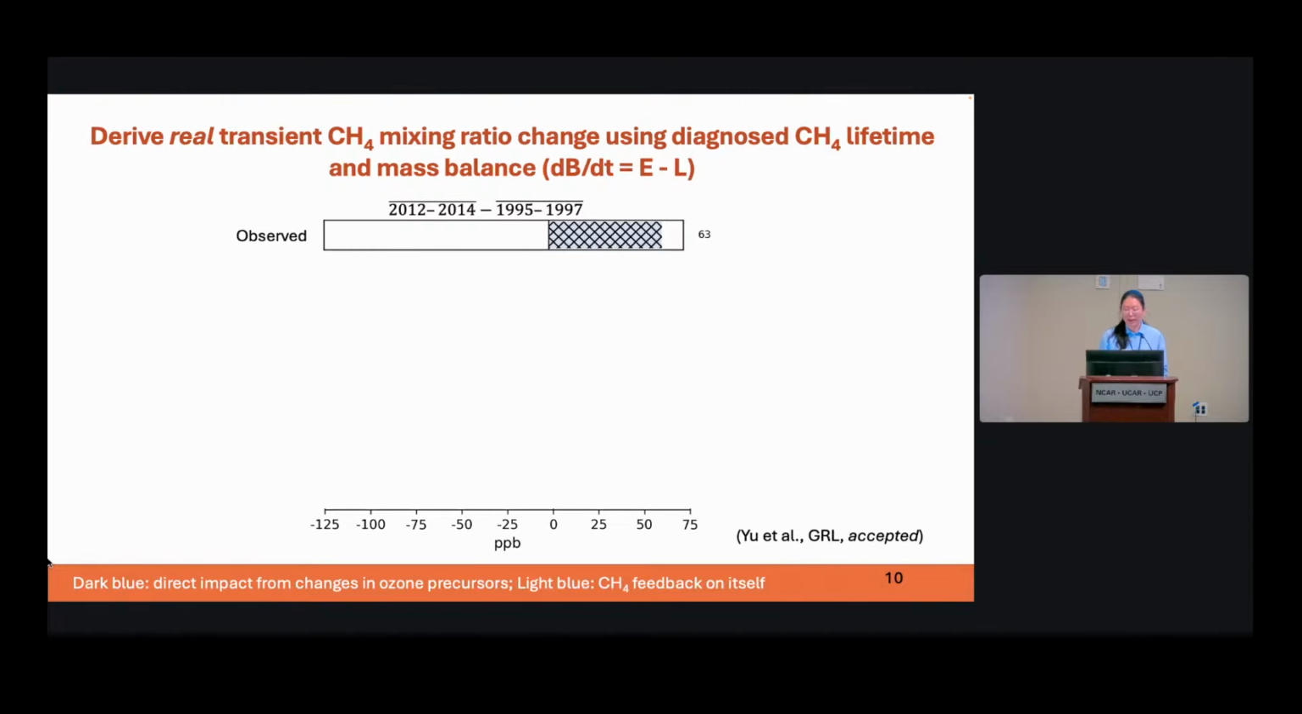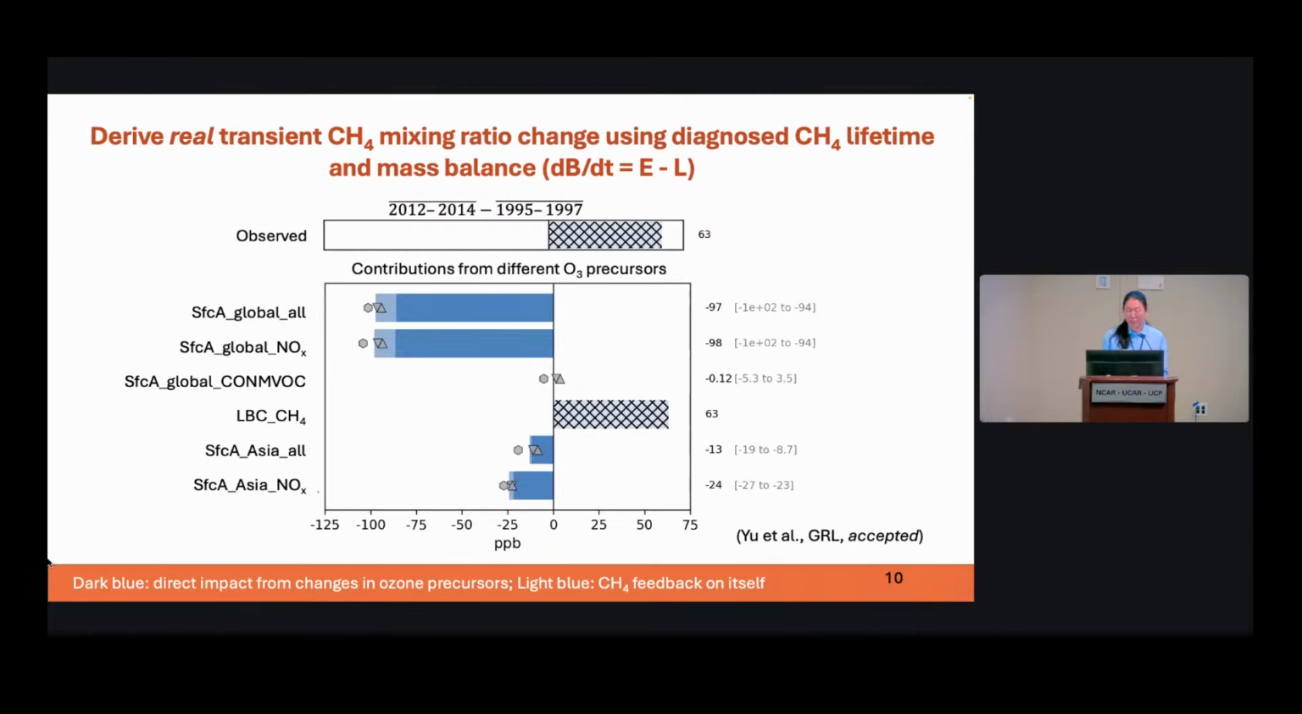We developed a method to quantify that because we use laboratory conditions, so we cannot directly get that output. So we use the diagnosed methane lifetime change and also the mass balance equation to quantify that. Basically, the observed methane concentration change is about 60 ppb, and the contributions from different ozone precursors are shown here. For example, the surface emission of global NOx contributed to about